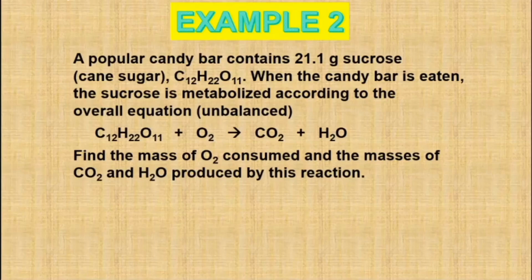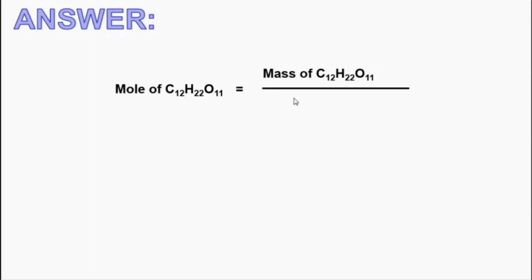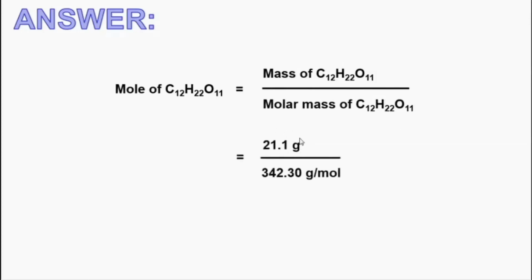It's unbalanced, okay? And the question is, find the mass of oxygen consumed and the masses of carbon dioxide and water produced by this reaction. So what should we do first? We are going to calculate how many moles of sucrose reacted in the reaction. Same as the previous example, to determine the moles, we use mass of sucrose divided by molar mass of sucrose. Given in the question, the mass of sucrose is 21.1 grams divided by